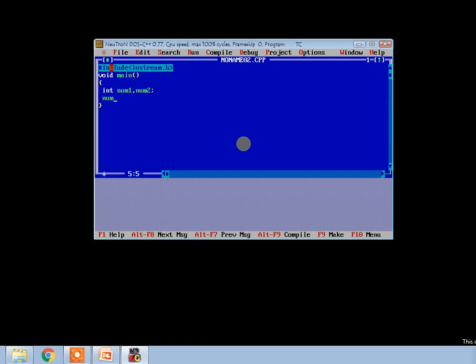Let me initialize the variables with some values. 12, equals 56.